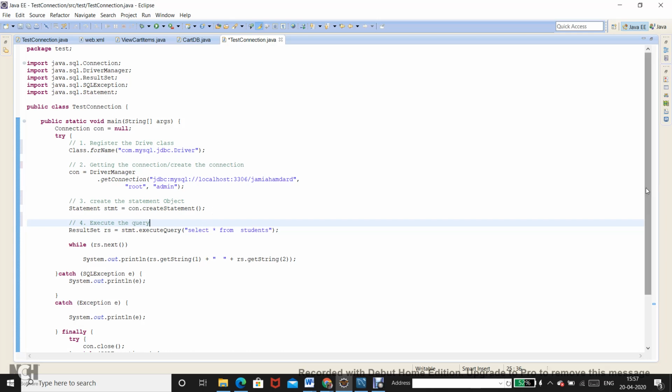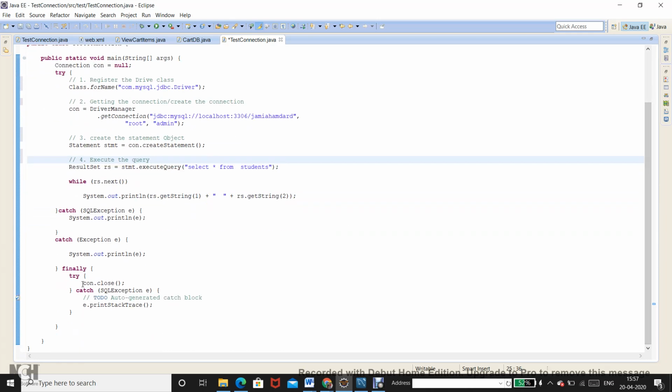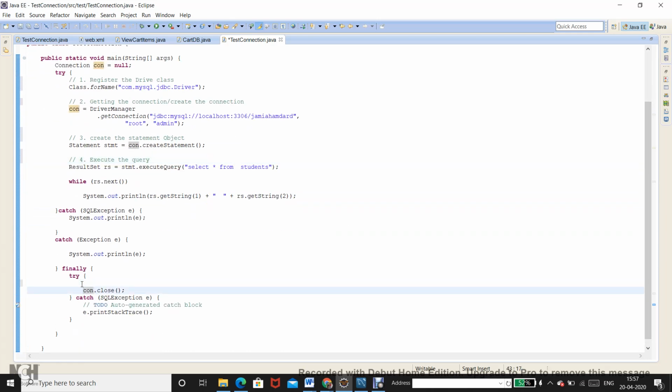And the fifth and the last step is when I come to the con.close, and here I would write it as the fifth step, which is closing the connection, right?